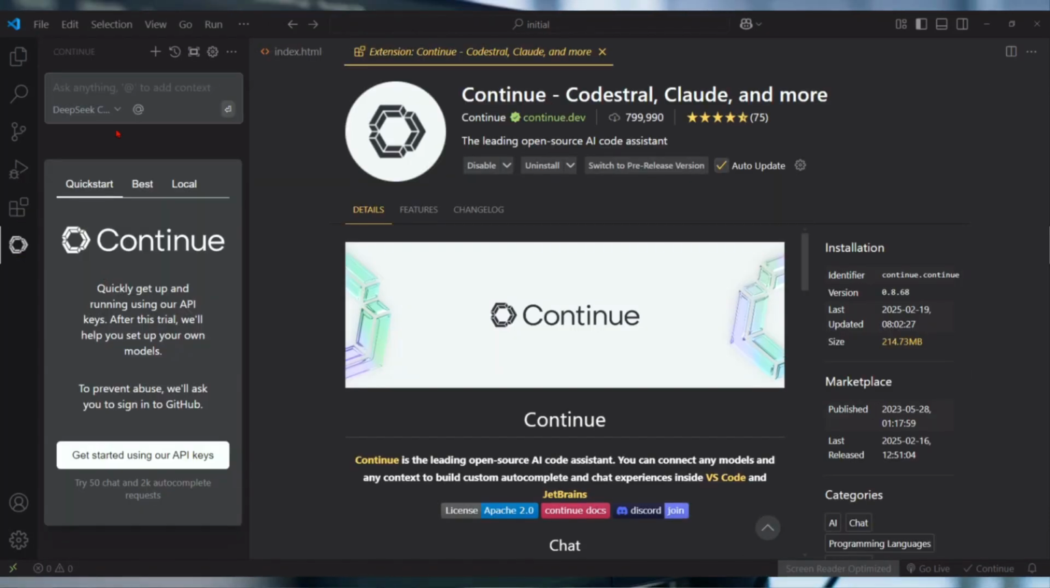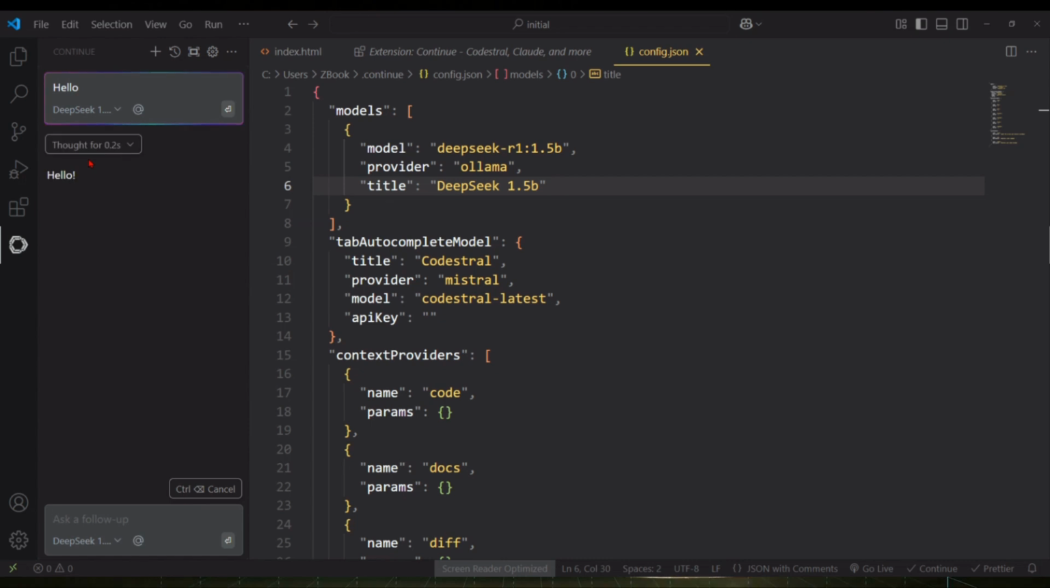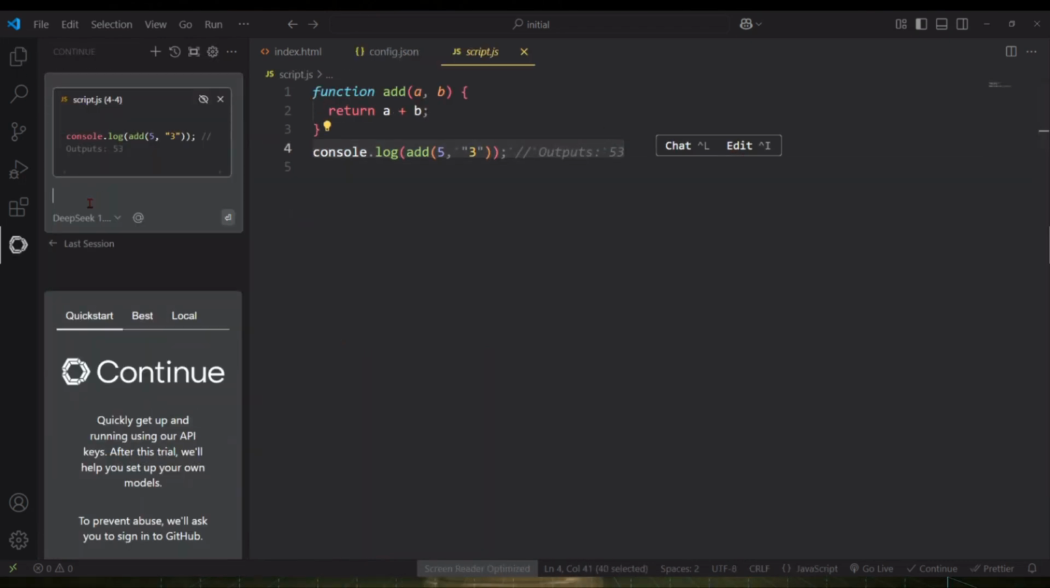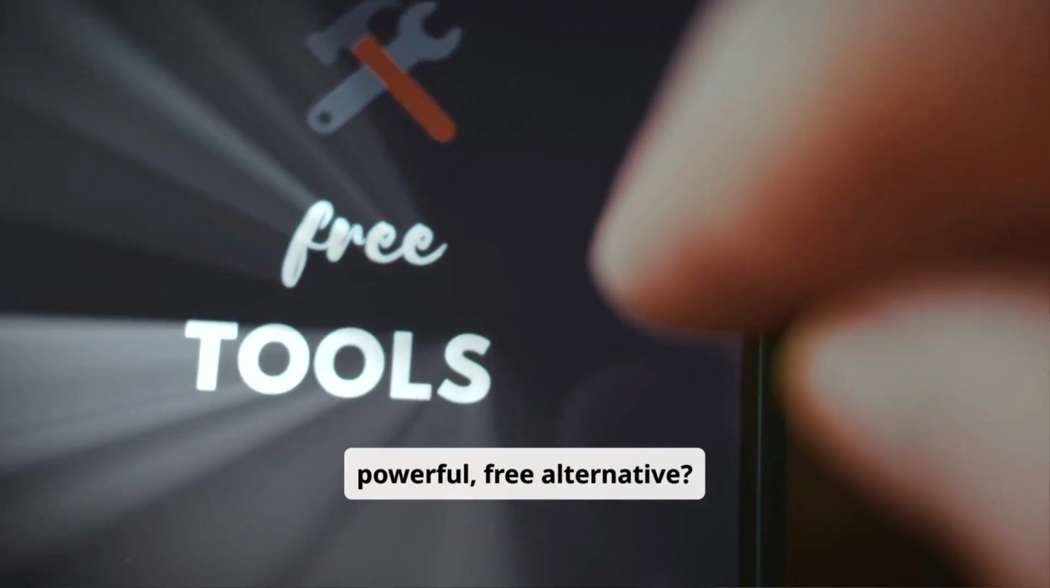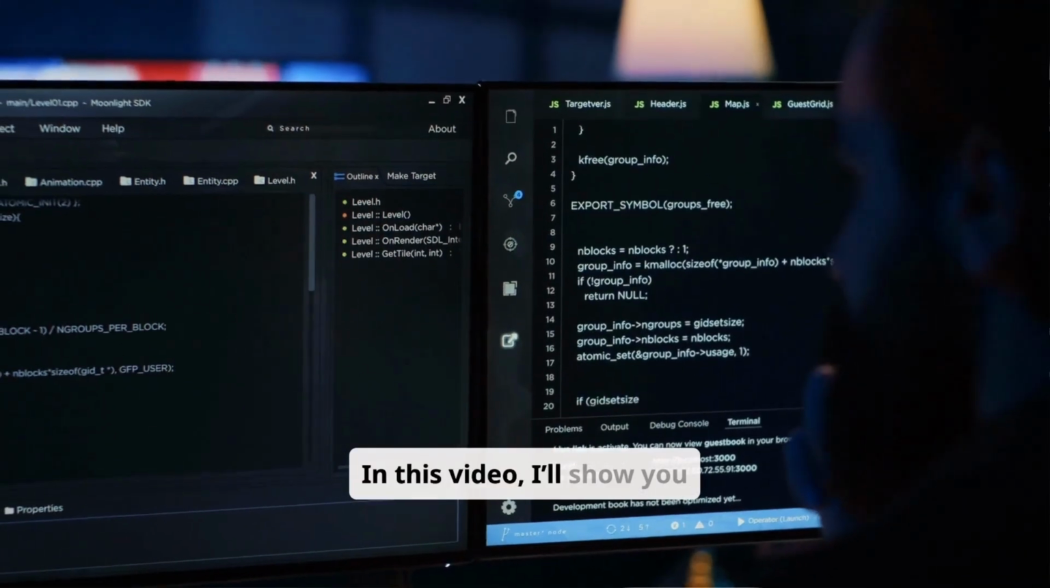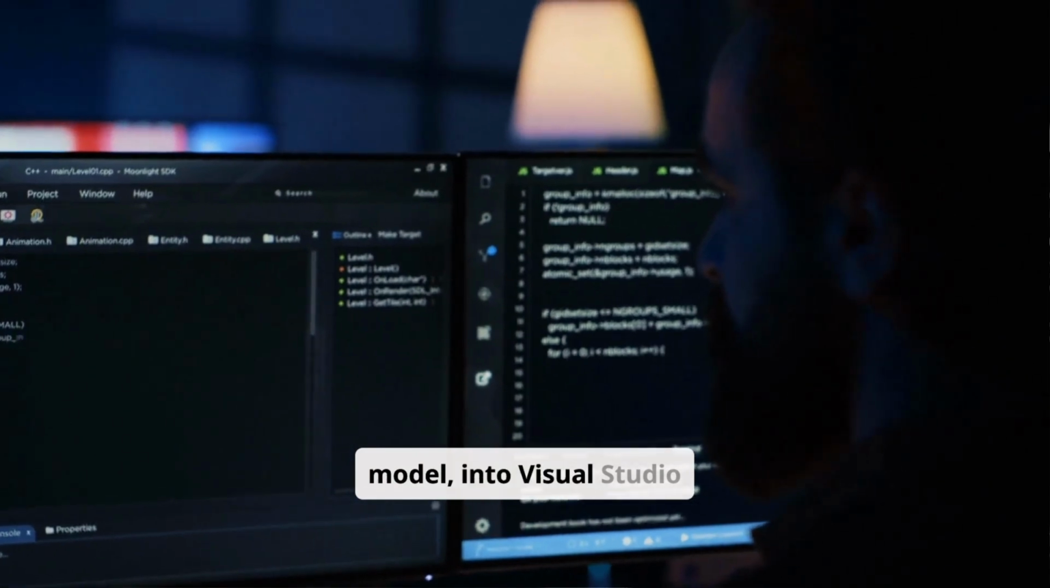Step-by-step guide. Use DeepSeek R1 for free in Visual Studio Code. Are you tired of paying for AI tools that don't always meet your needs? What if I told you there's a powerful free alternative? In this video, I'll show you how to integrate DeepSeek R1, a powerful large language model, into Visual Studio Code